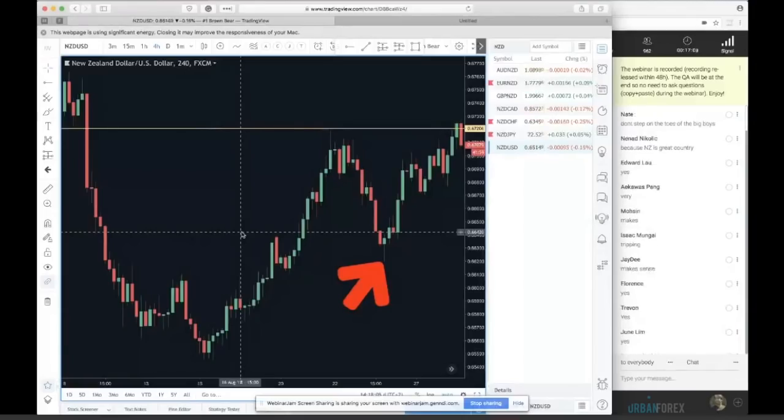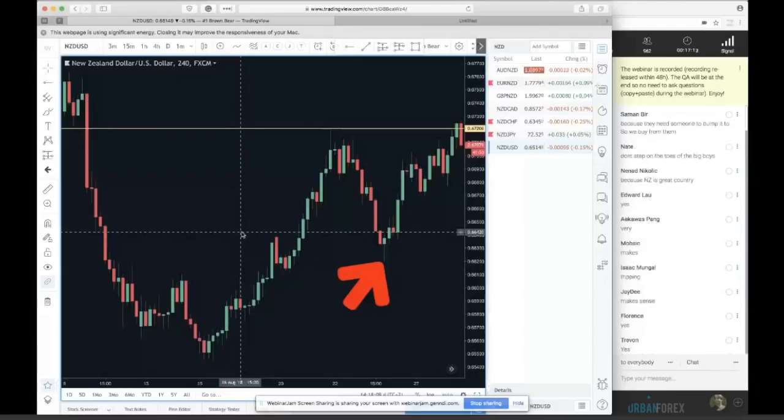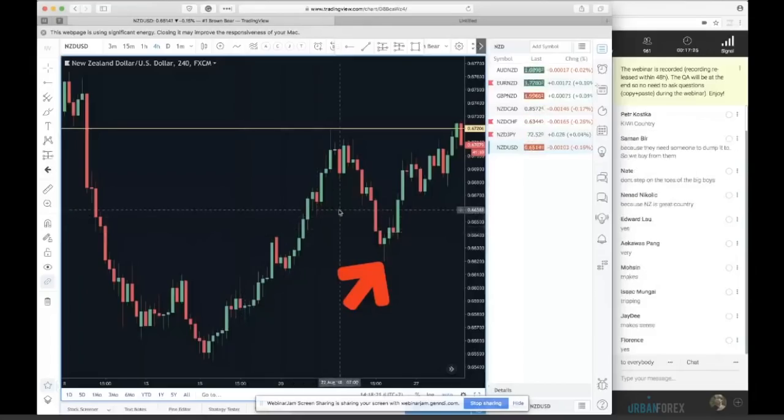Okay, but you can see, our job is to find out what the larger players are doing, because the larger players have access to information that is not easily available to the rest of us simpletons, right? Having that said, we have a list of pairs that are going up and down on our currency meter,